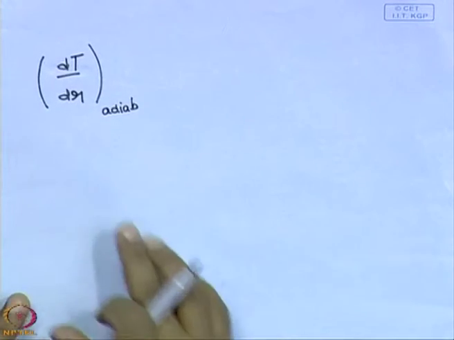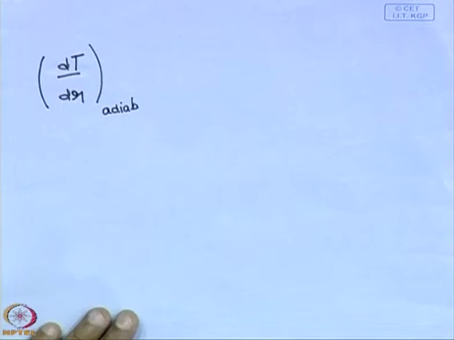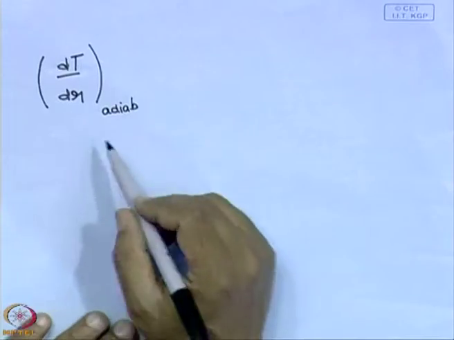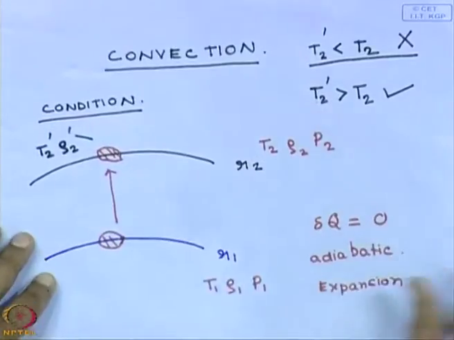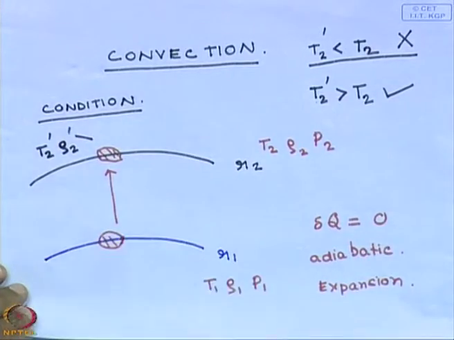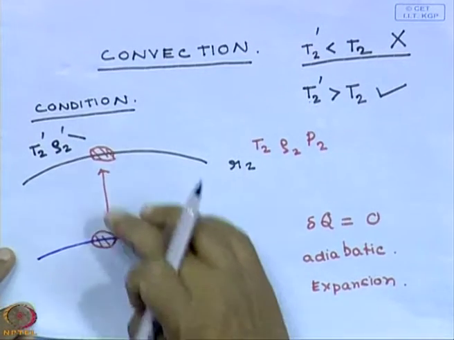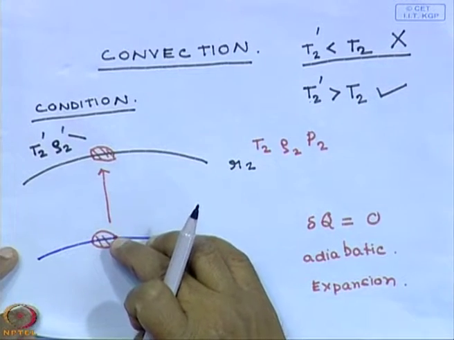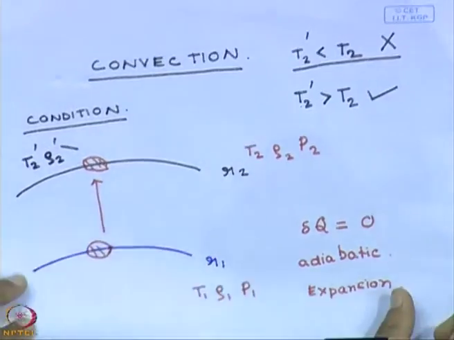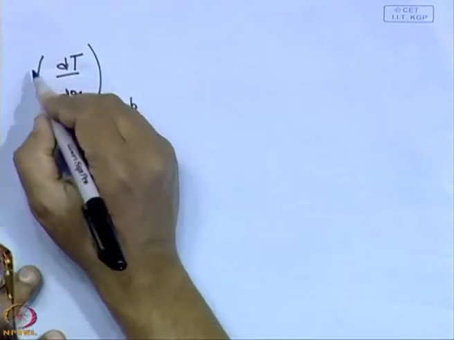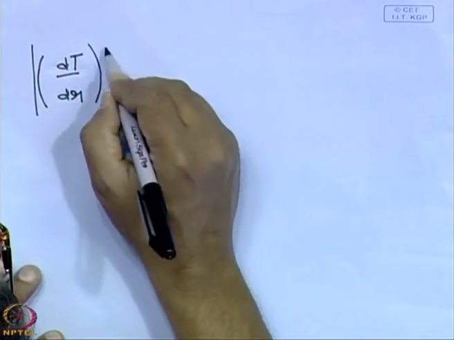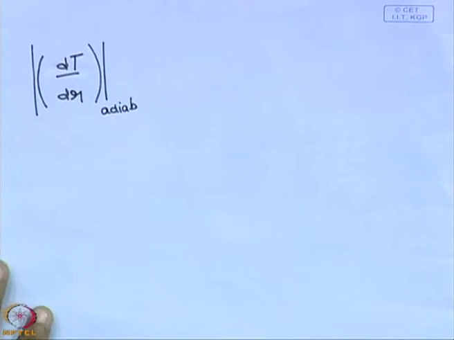And we know that this is going to be a negative quantity. The rate of change of temperature as it moves outwards is going to be negative. The temperature here is going to be less than the temperature here. So, we will look at the mod of this and we will compare it to the rate at which the ambient temperature changes